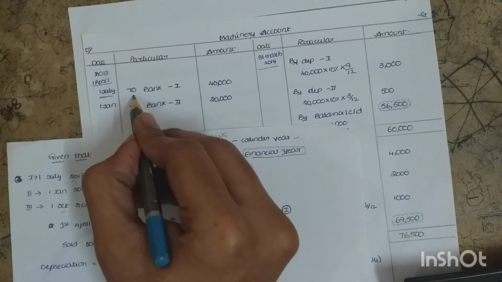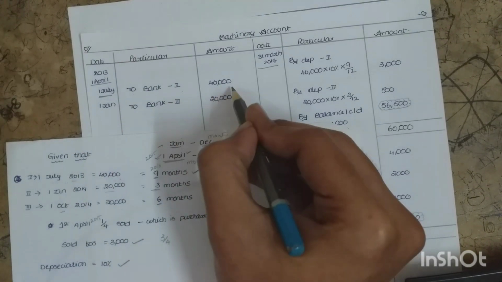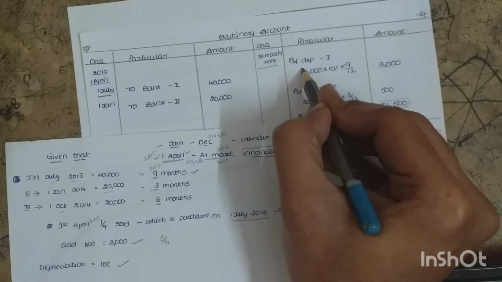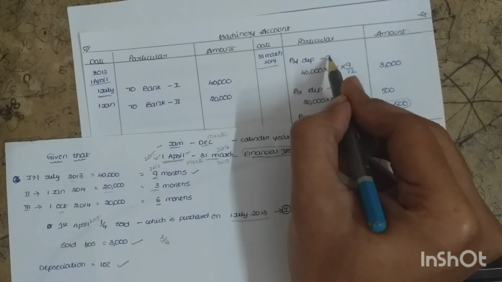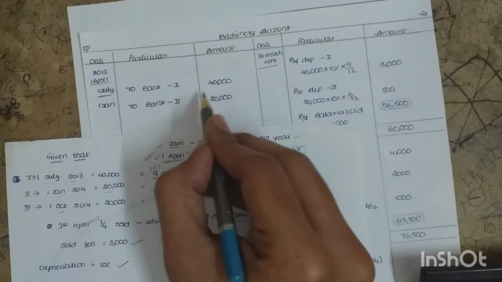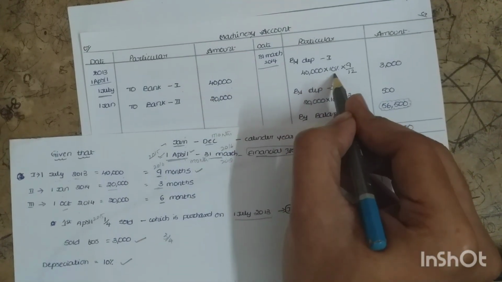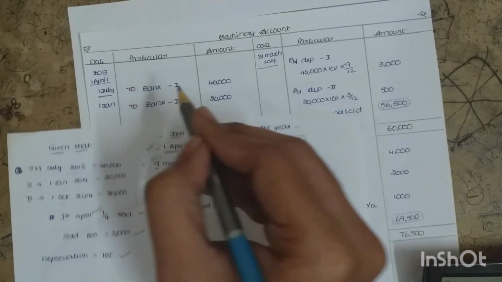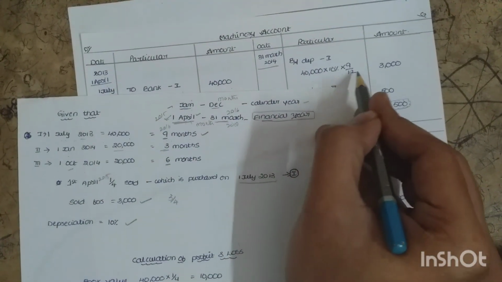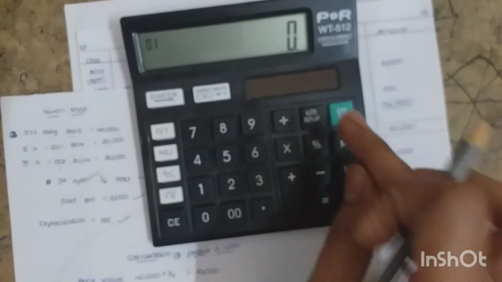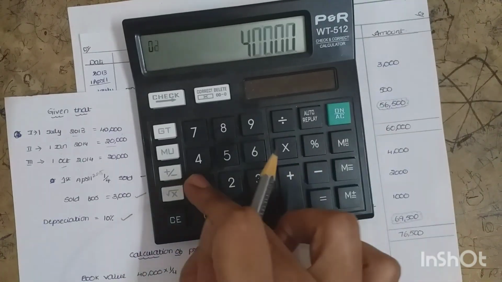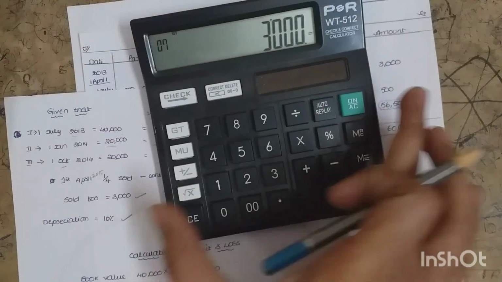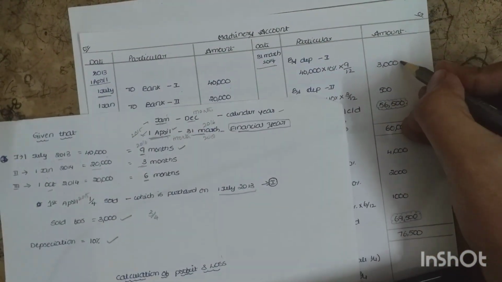You have to record it as to bank. First machinery amount is how much? 40,000. Okay, next, depreciation we have to provide, right? So by depreciation of first machinery, what is the amount of first machinery? 40,000 into what is the percentage given? 10% depreciation into how many months we are using here? Only 9 months. So into 9 by 12. If you are calculating 40,000 into 10% into 9 by 12, you will get 3,000. Okay, 3,000 amount I have written here.